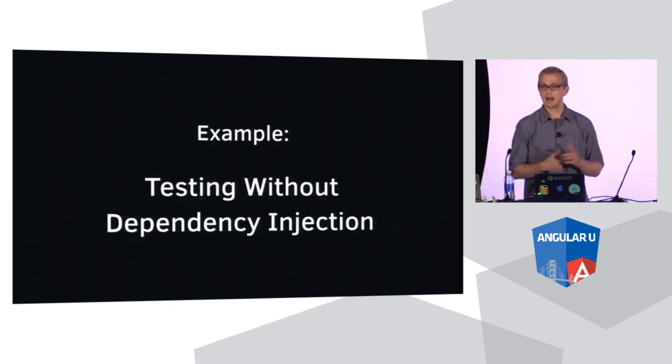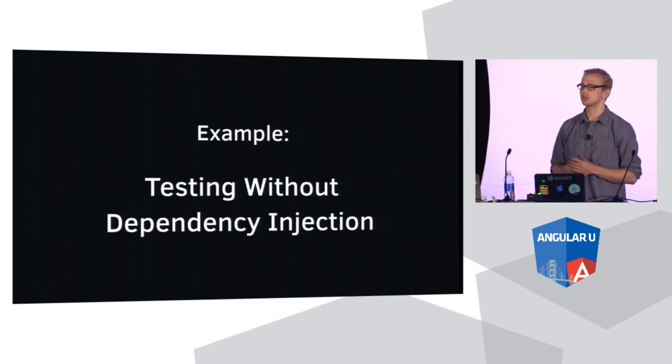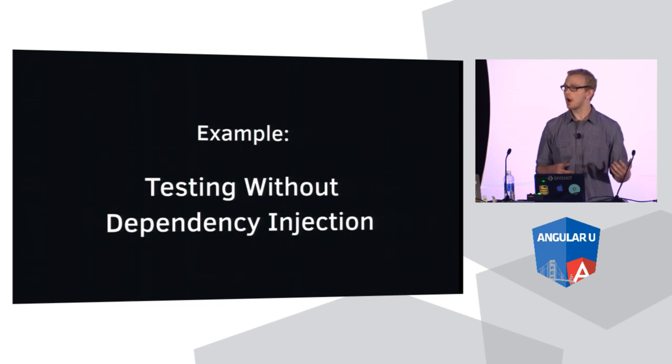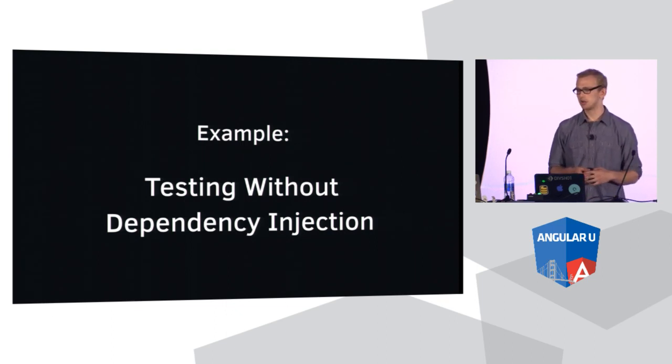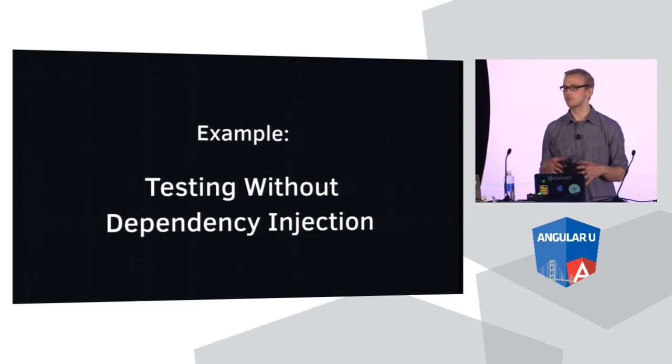So here's an example, testing without dependency injection. I think it's sort of standard dogma that Angular is really great for testing. And sometimes that's true, sometimes it's not. Dependency injection can be extremely cumbersome because you have a global registry of all of your modules and services. And so if somebody happens to use the same name as you for a service, everything breaks unexpectedly. Require, on the other hand, node style, is entirely local. So there's no concept of a global name for a particular module. Everything is explicit.